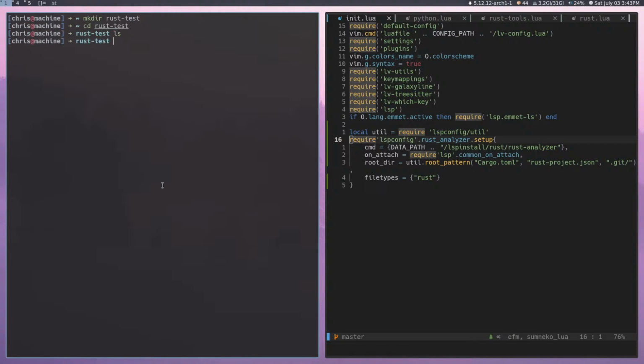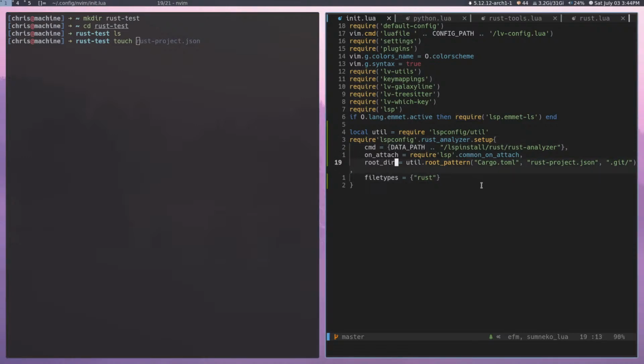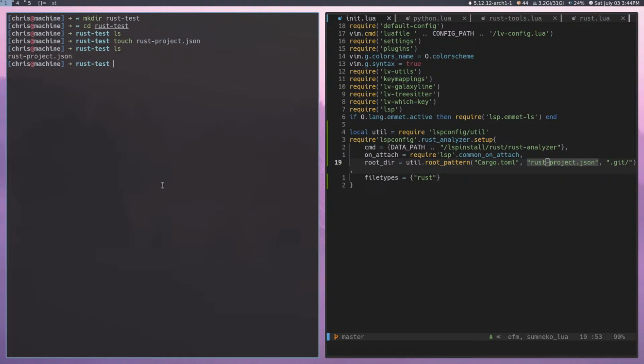Now it says to start this, we have a root pattern, so we're going to make, well, I don't know if these, no, they're definitely not directories, so we're going to do touch. I think it should be for any of these. If you look over here, you can see any of these, like cargo.toml, rust project, whatever. And so if we do touch rust project in here, and then I open up t.rs,